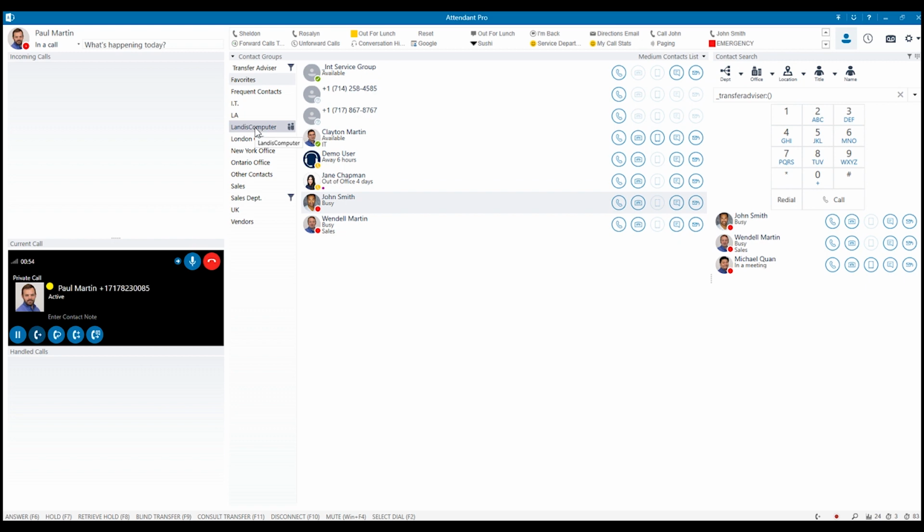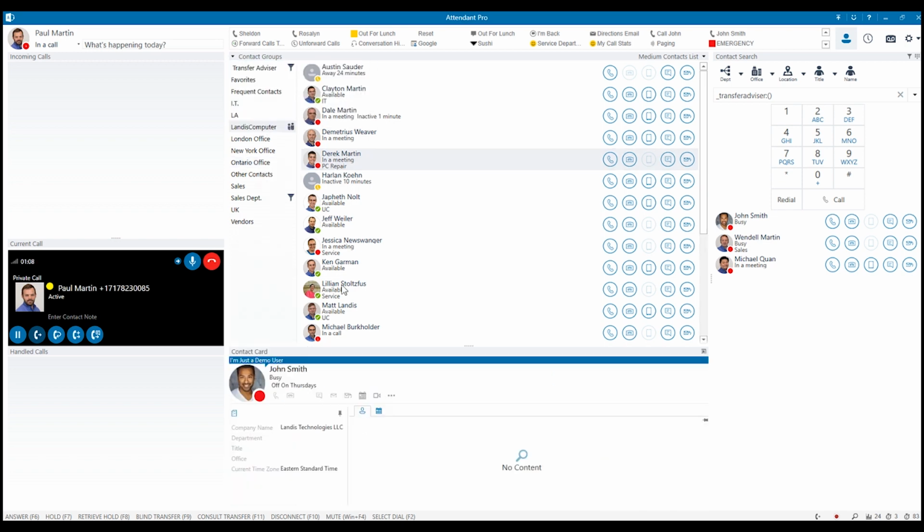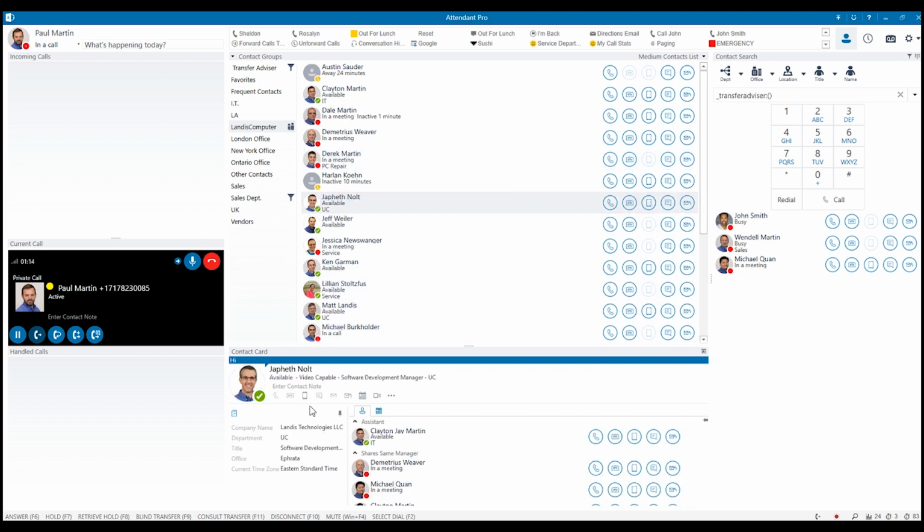Again, very easy to organize your contacts. You can create new groups for any type of location, title, department that you wanted to, and you can organize them here in your contact groups area. I will also point out there is a contact card that you can enable here at the bottom of your screen. This shows more in-depth information for any of the contacts that you click on: name, title, location, department, time